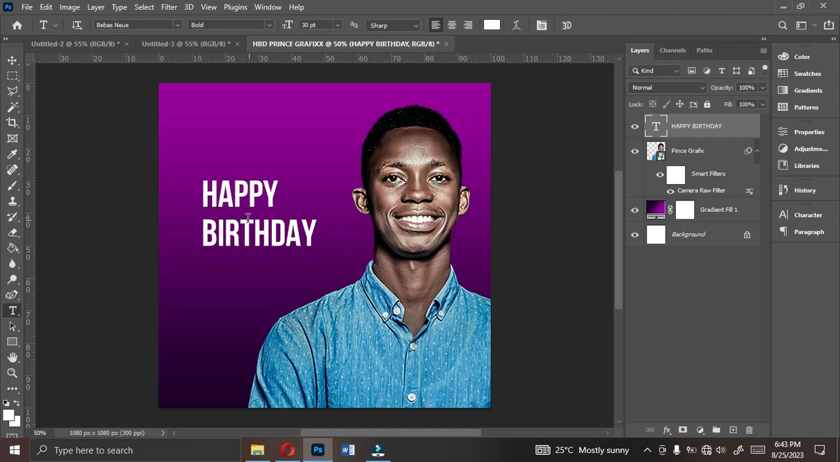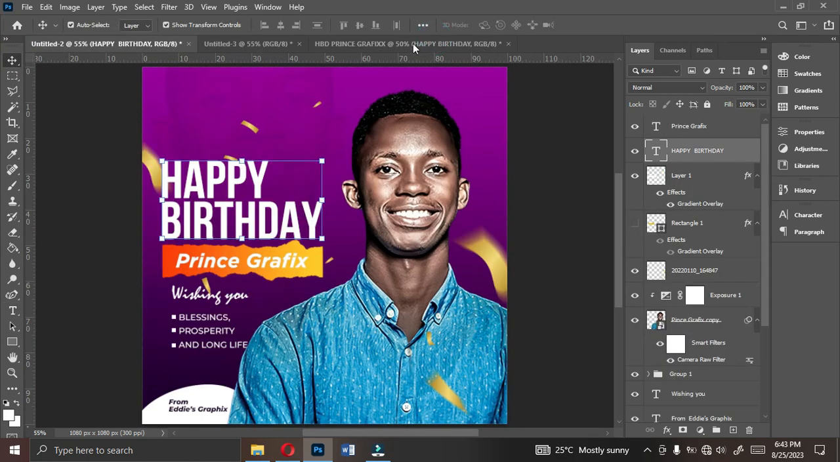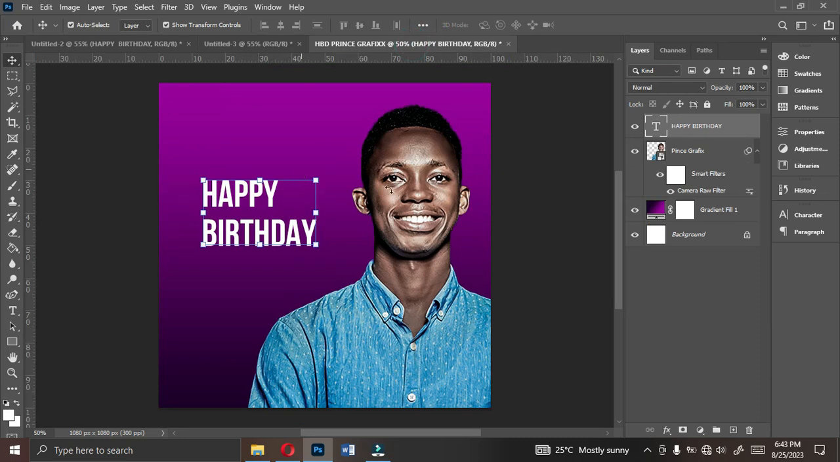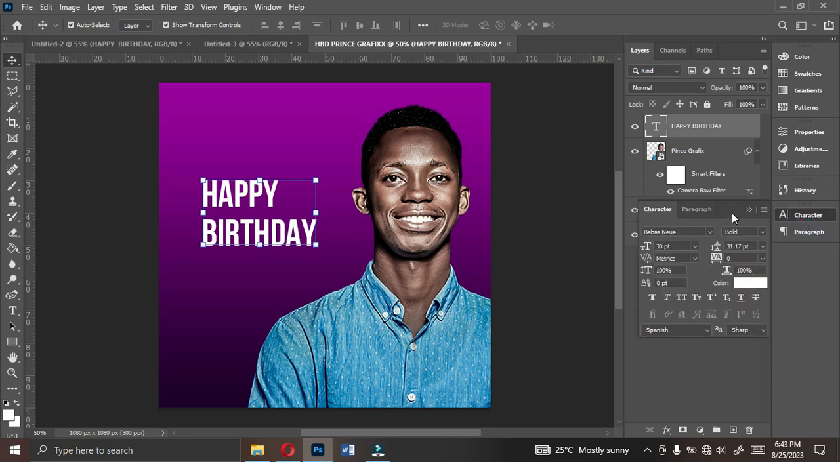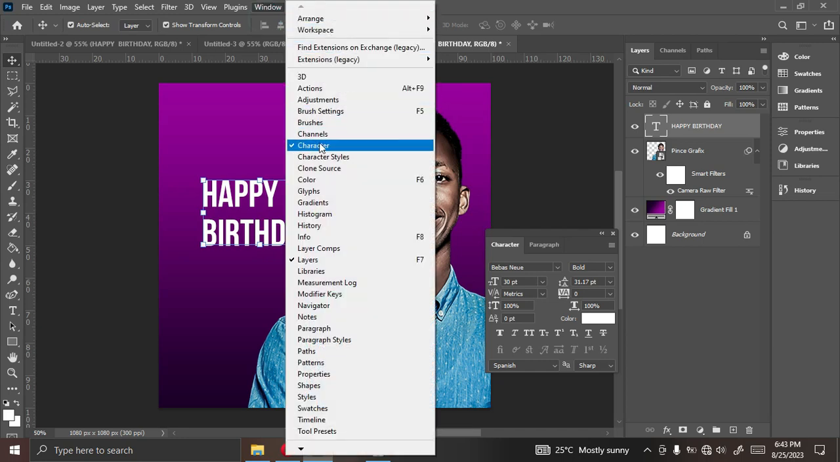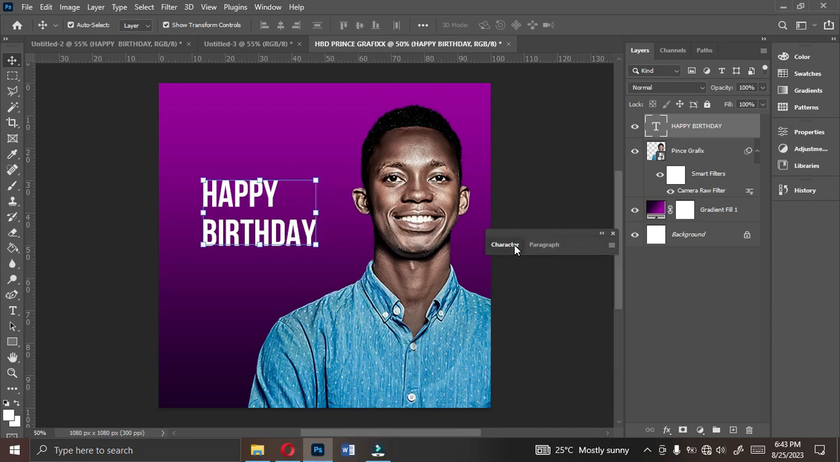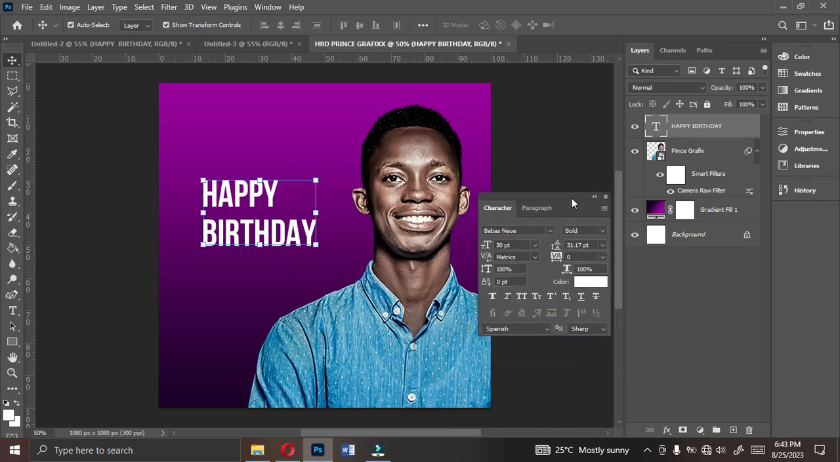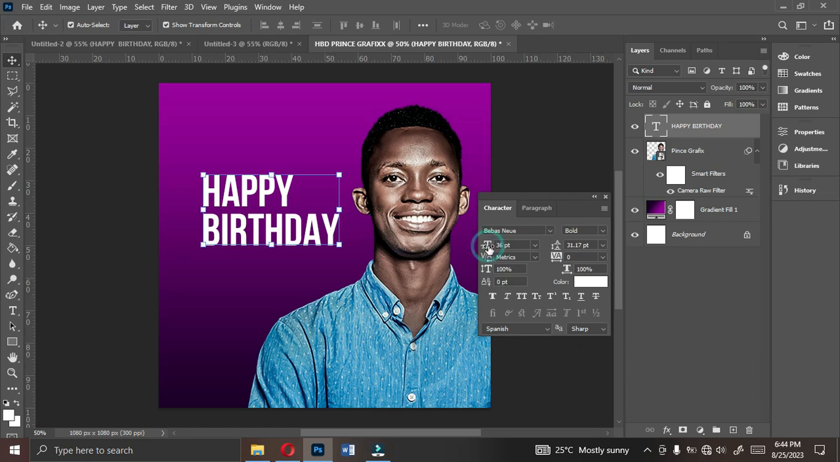Now, still on the Text tool, make sure you go for your Move tool. Once you go for your Move tool, make sure you come and activate your Character panel. This is very important. If you cannot see yours, go to Window, then look for Character over here. The Character panel gives you more settings on the font. Good. Now the font, I'm turning it to 36, or possibly let me increase the font to 38, which is